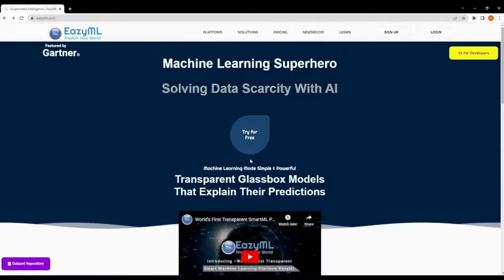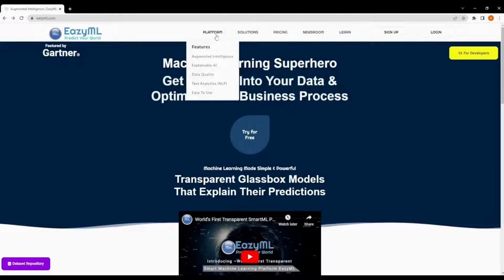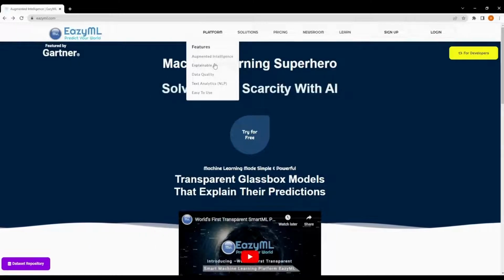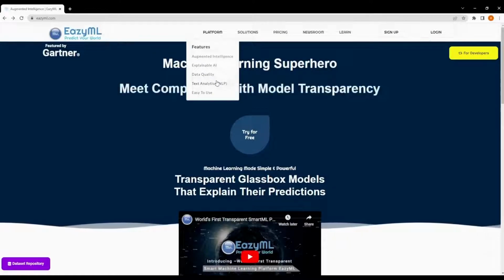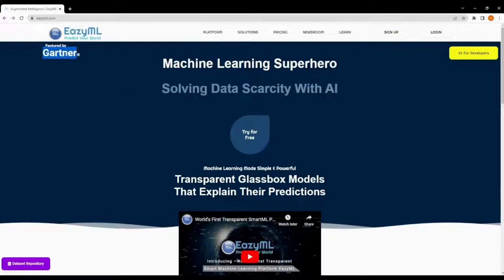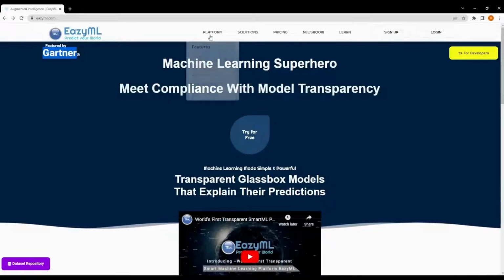Back on the main website, if you click on Platform, you will see some of the unique capabilities and differentiators of EazyML, such as augmented intelligence, explainable AI, data quality assessment capabilities, and EazyML's advanced textual analytics capabilities, which are powered by Amelia.ai, a leader in Gartner's Magic Quadrant. Speaking of Gartner, EazyML is recognized by Gartner for its transparency and confidence score. Let's head to the data quality page.